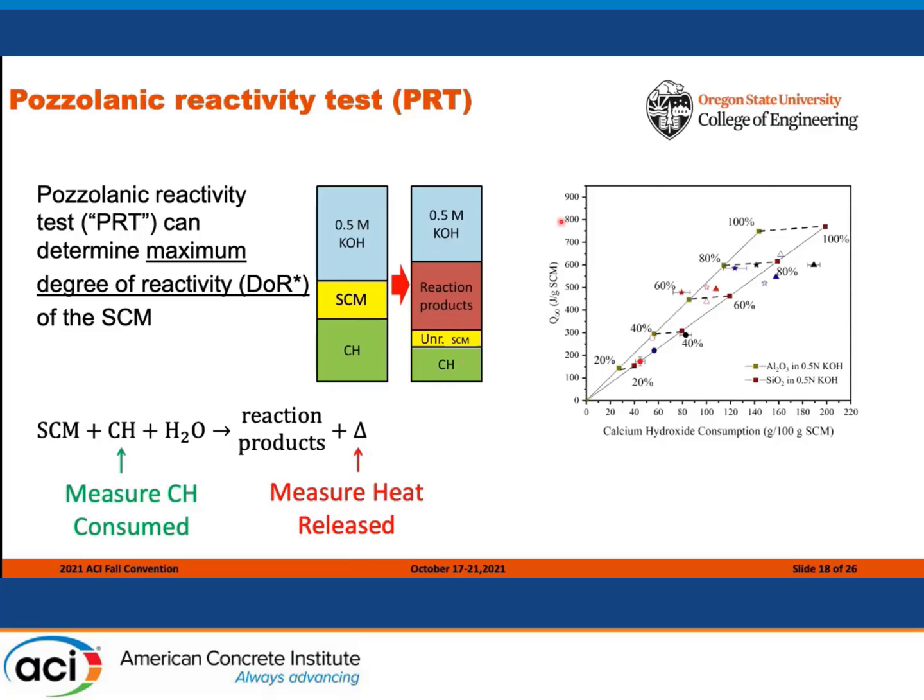By plotting these quantities on a figure with known reactivities, we can quantify the maximum reactivity of the SCM. For example, in this figure, the blue star indicates an SCM with about 80% reactivity, while the triangle here indicates an SCM with 60% reactivity. The key feature of this test is that it provides a numerical value for the degree of reactivity of the SCM, so that we can use it to determine how much of each of these SCM oxides will be available